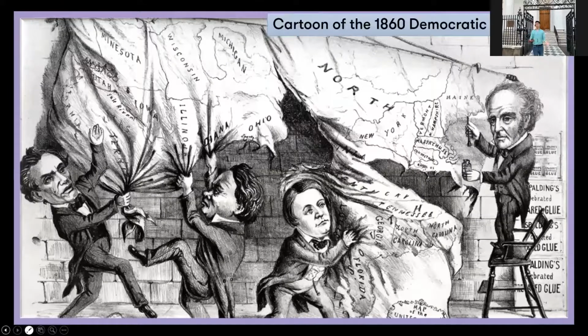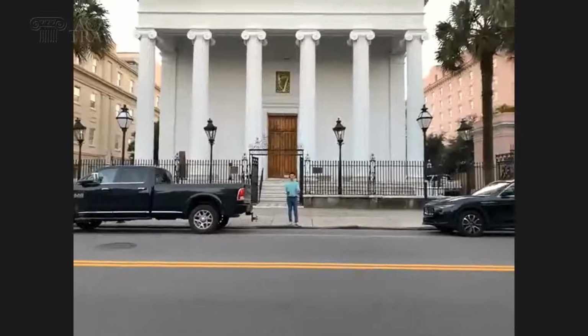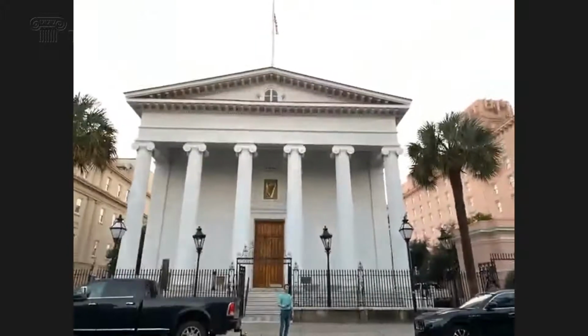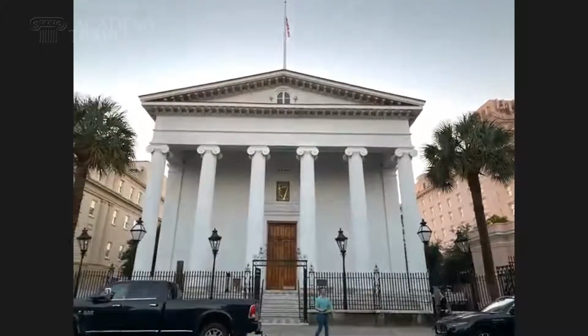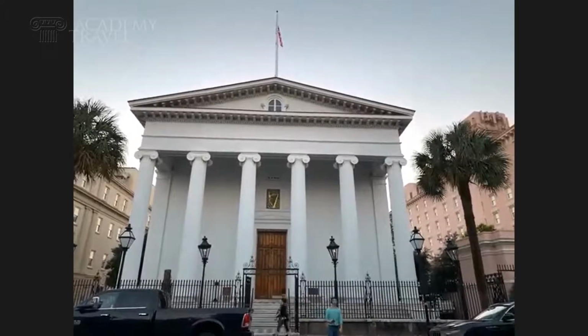And as a result of that split in the party, the vote was split nationally of the Democrats, and the Republican candidate, Abraham Lincoln, won the overall election with only 40% of the vote. And so because of what happened in this hall, you have the beginning of the end of the original Union of the United States, because shortly after that, South Carolina makes the decision that Abraham Lincoln is inimical to the interests of the state and chooses to secede. And I'll talk a little bit more about that as we walk on.